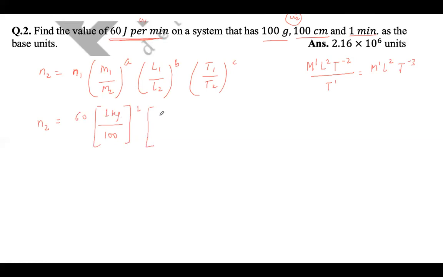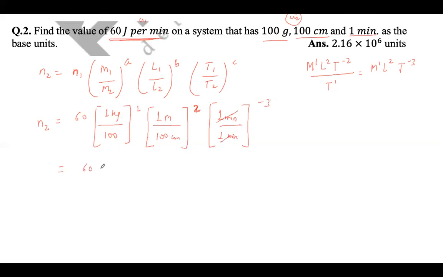लेंथ के डायमेंशन के बारे में बात करेंगे। यहाँ पे जूल्स है, जूल्स में लेंथ जो है 1 मीटर होता है एसआई में, और यहाँ पे 100 सेंटीमीटर हो गया। रेज टू द पावर लेंथ के का डायमेंशन 2 है। और टाइम के डायमेंशन पे बात करेंगे, T1 जो है यहाँ पे 1 मिनट है, राइट। और इसमें भी कन्वर्ट करना है 1 मिनट, रेज टू द पावर -3। तो ये तो सिंपल हो गया, ये तो कैंसिल हो गया 1 का वैल्यू।